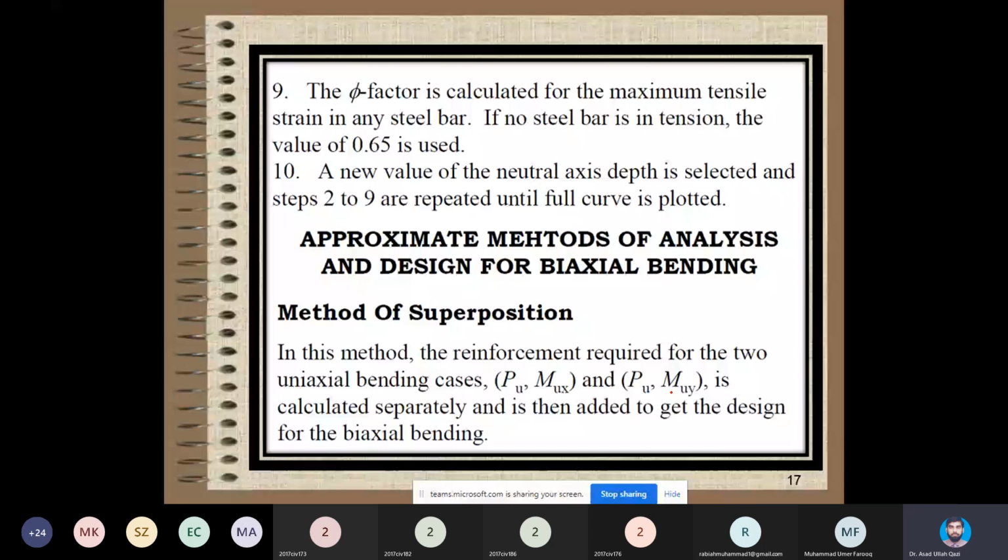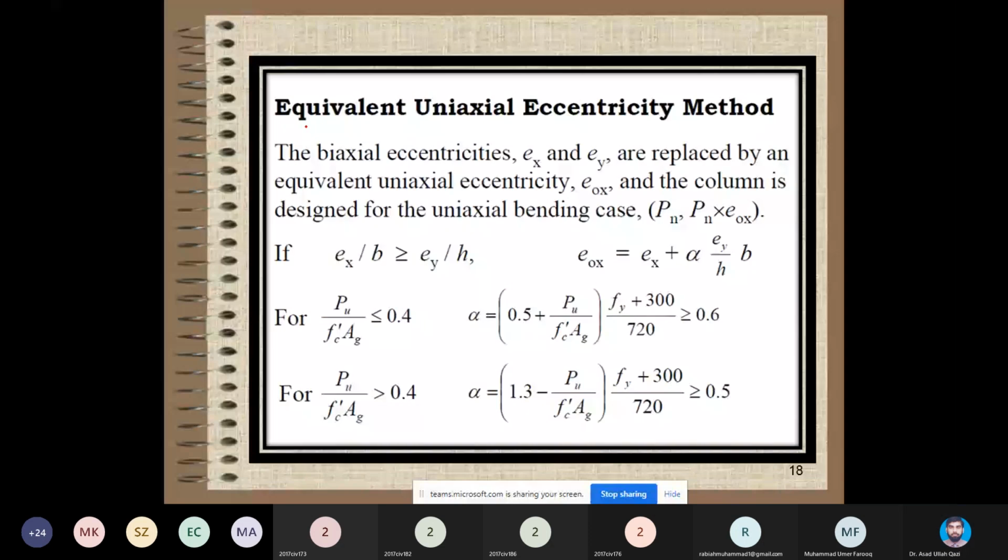Then the next method, which is quite popular... Excuse me, sir. Yes, please go ahead. Assalamu alaikum, sir. Your voice is not clear. Please repeat. Yes, sir. I think my voice is not clear because of the network. The connection is slow here in Afghanistan, so maybe the internet will not work in the coming minutes for me. So please consider my attendance, sir.